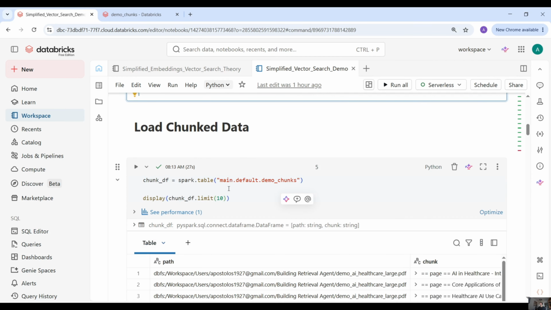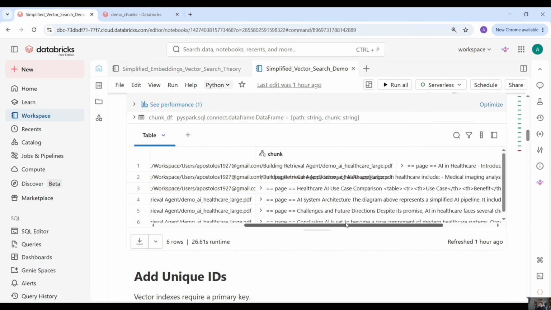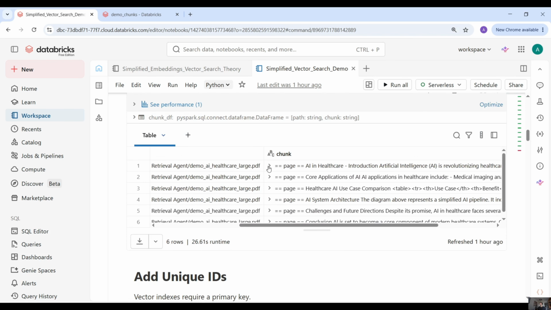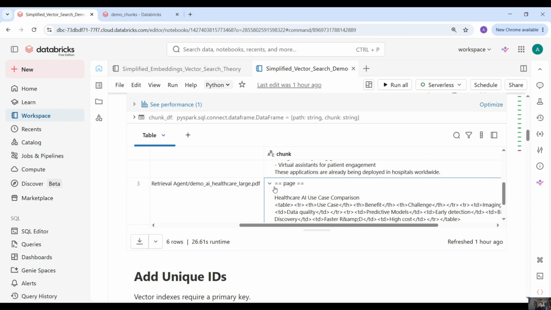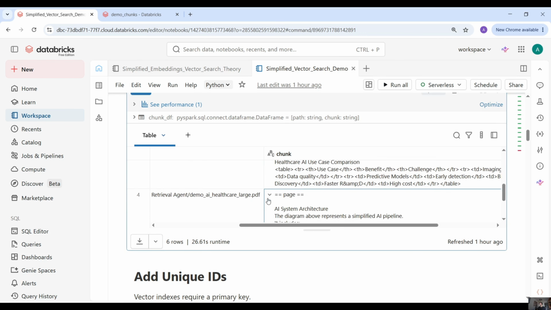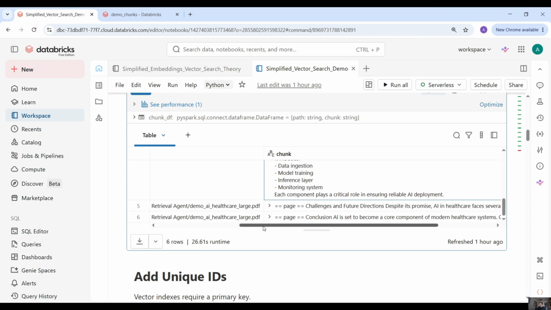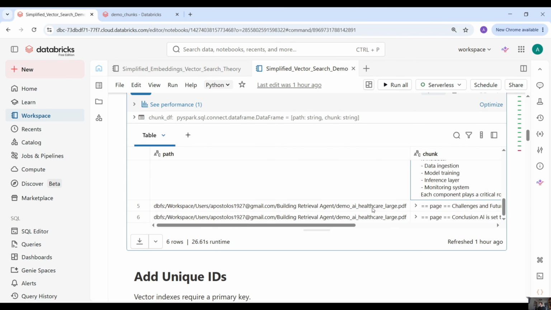We load the chunked data. This is the table with the chunked data from the previous video. We have 6 pages, I think. Each page is using page as a separator here. You can see all those chunks are taken from this PDF that we created